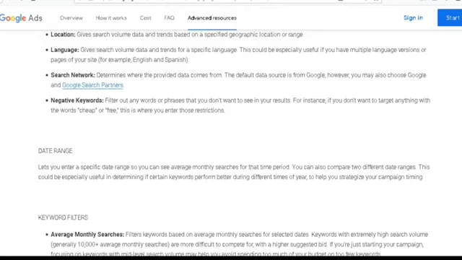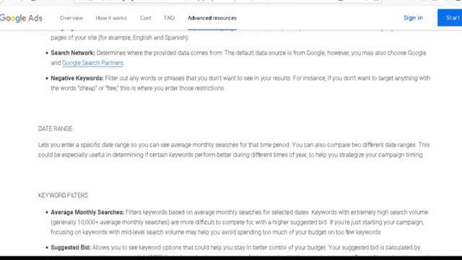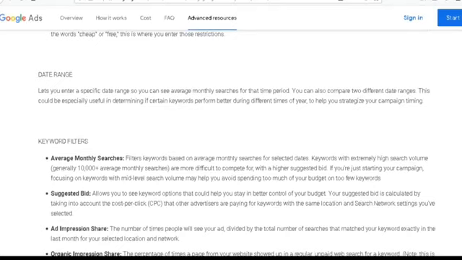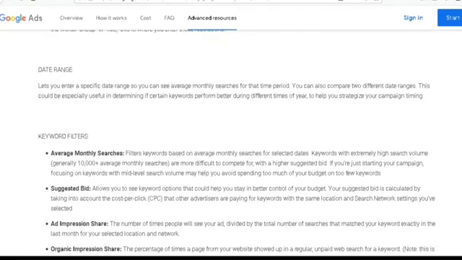Ad impression share: the number of times people will see your ad divided by the total number of searches that match your keyword exactly in the last month for your selected location and network.